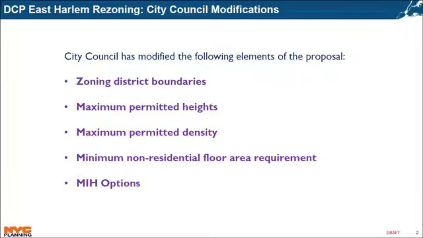modifications related to zoning boundaries, maximum permitted heights and densities, and the minimum non-residential floor area requirements and the MIH options that were provided by City Council. So I'll turn it over to Eric Olson to go through the first set of modifications. Thank you, Calvin. I'll try to make this fairly quick. There will be a number of images, and I'll be going through them fairly quickly here, just to explain the